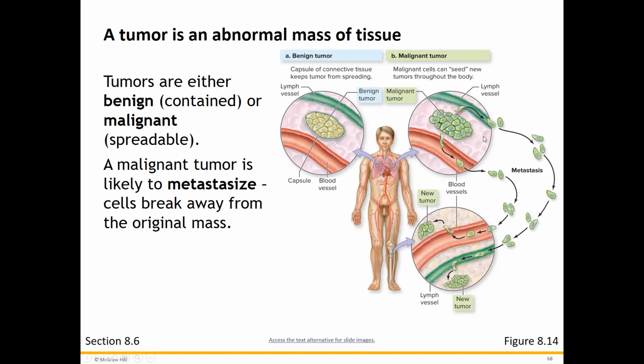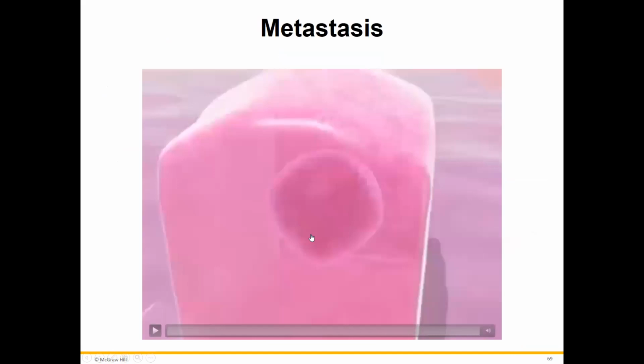Who knows? No one knows. It's totally random. A doctor can't control it. When you get to metastasis here, which is stage 4 cancer, we just don't know where these cells are going to jump out of the vessels into new tissue. That's what makes cancer so difficult to fight. And here is just a nice short little clip that you can watch metastasis.